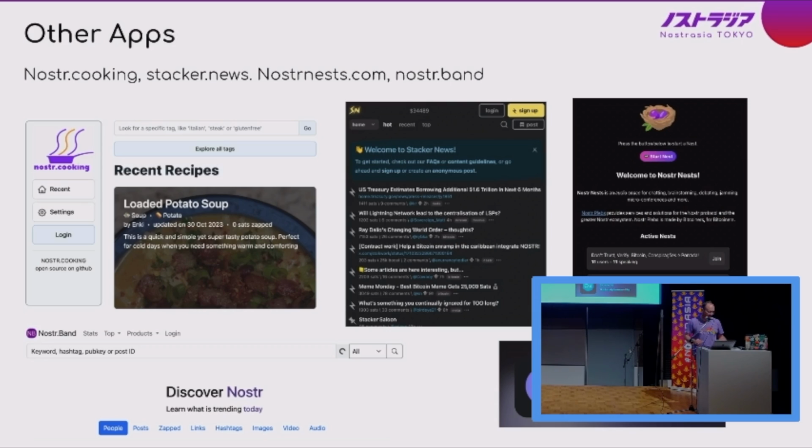One thing I want to mention about all those apps: if you're here to make money, like big money, and you think you're going to get rich on the Nostr platform, think again. It's going to take a while. We all have day jobs, right? None of us are living off of Nostr income. But if we're breaking even, we're happy. And I think that's really all that matters for now.